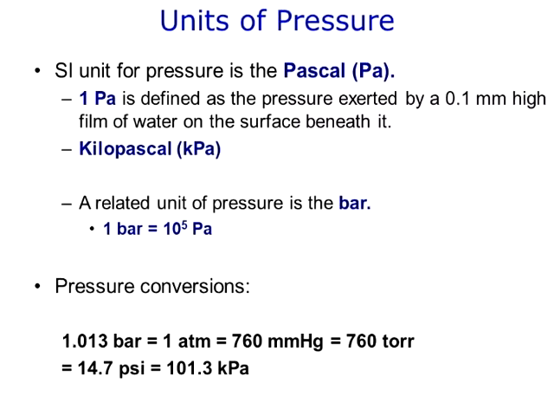The units for pressure can be in pascals, which is 1 Newton per meter squared. We can have units of 1 atmosphere equals 760 millimeters of mercury, which equals 760 torr. In general, in most chem classes, we allow you to directly substitute, without proving it, that 760 millimeters of mercury equals 760 torr.